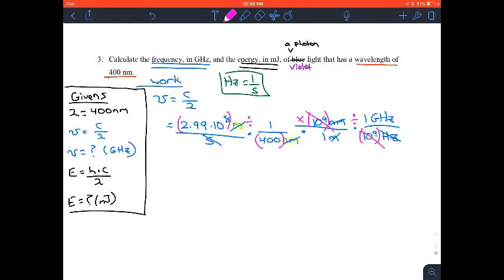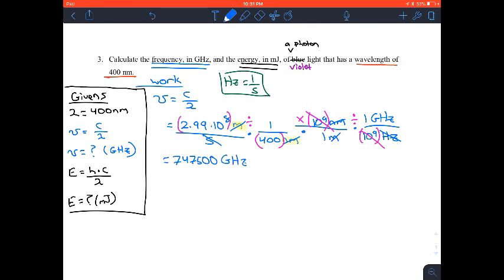So these two cancel out. So now all we have to do is just plug in 2.99 times 10 to the 8th divided by 400. That comes down to 747,500